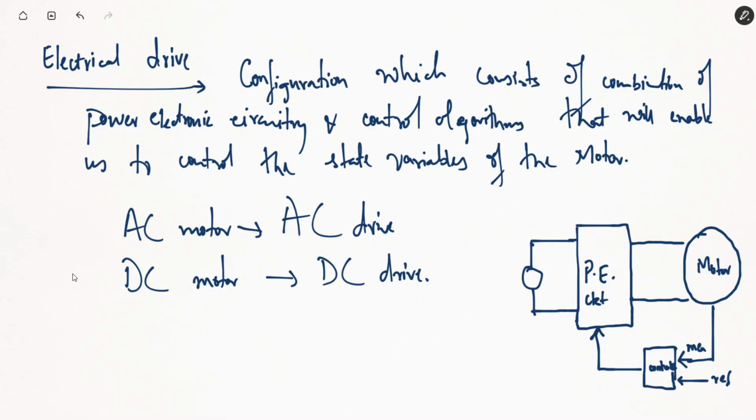A controller can be a fuzzy logic controller, a simple PI controller, a neural network controller, a model predictive controller, or a sliding mode controller. There are different control combinations, some of which we have to study. In the power electronic circuitry, we will see how a rectifier and a chopper will be able to control a DC motor, and how we can use inverters and cycloconverters to control AC motors. The output of an inverter is a controlled AC voltage source, so we'll be able to control an AC motor. Whereas in case of choppers or rectifiers, the output is a controlled DC voltage, so we'll be able to control a DC motor.